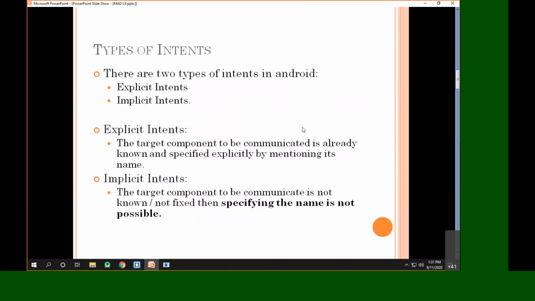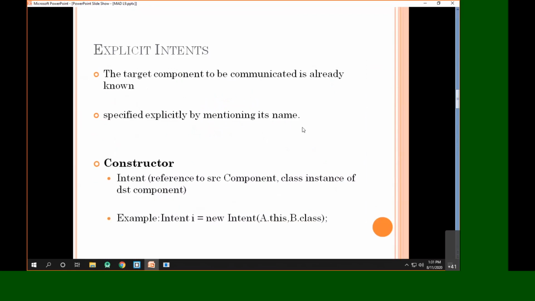We have also seen the different types of intents. We covered just the two definitions, explicit intents and implicit intents. Now what we are supposed to see is what explicit intents mean in detail, and what additional things we can do with explicit intents. We will cover that in the next lecture.